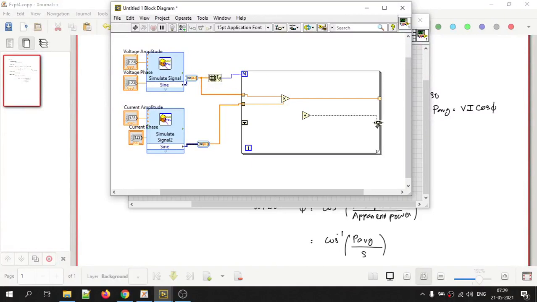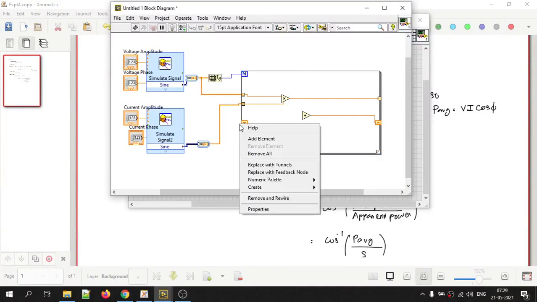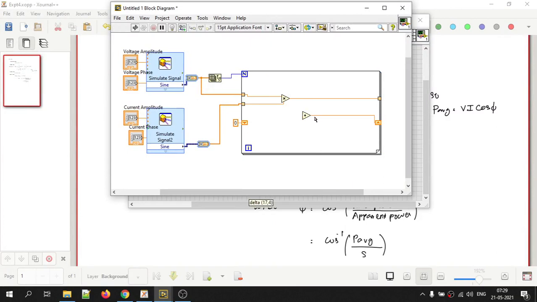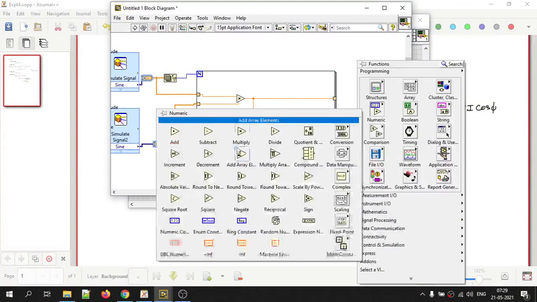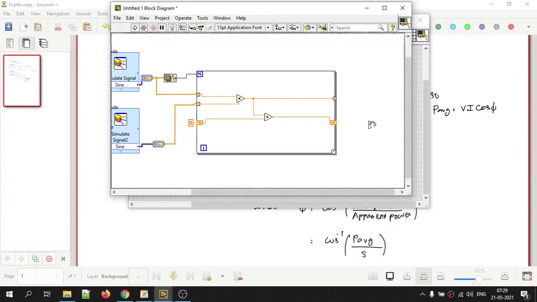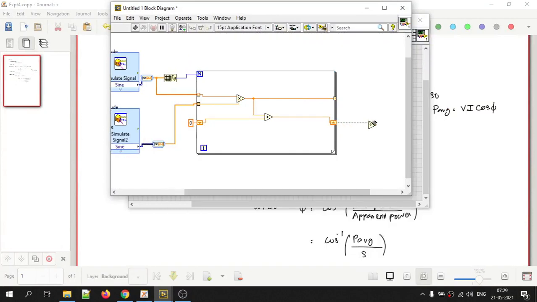This is not average rectified value, we are evaluating average power. So we do not need to use the absolute block. So, summation of all the instantaneous values, and after taking the sum, we need to divide it by the number of elements. This calculation of average is similar to what we have done in the previous experiment. So I hope you are able to understand it.